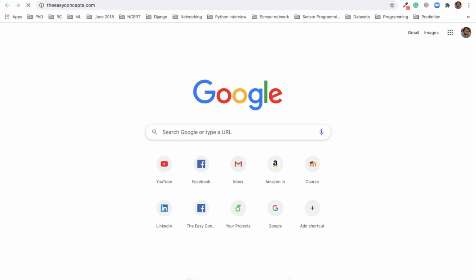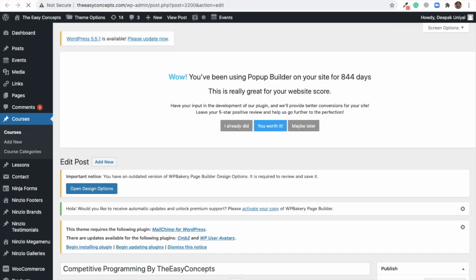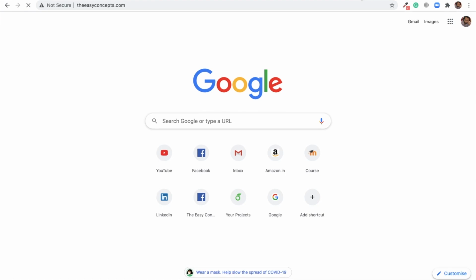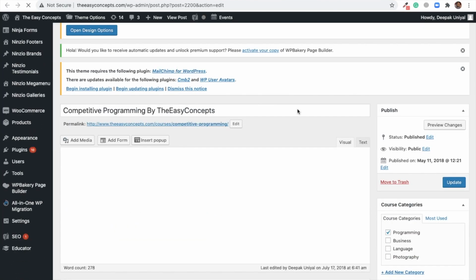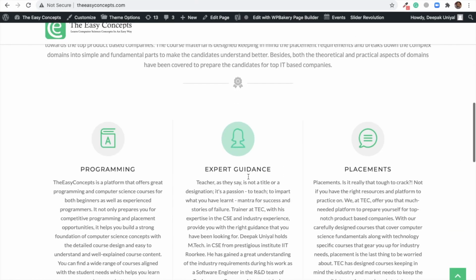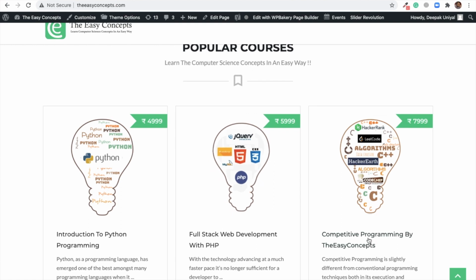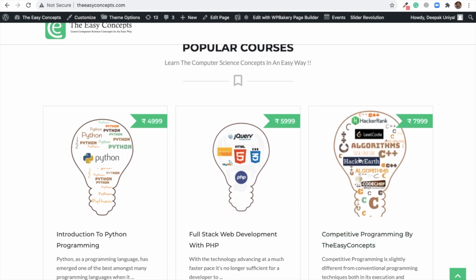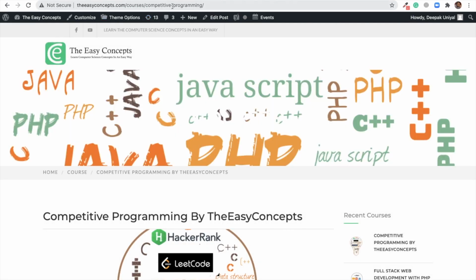Let me go to the website to show you how the page is actually looking there. So here I have written competitive programming by the easy concepts, and it is this. I will click this and it opens a new page, competitive programming.